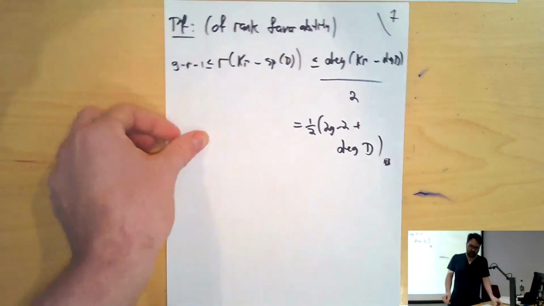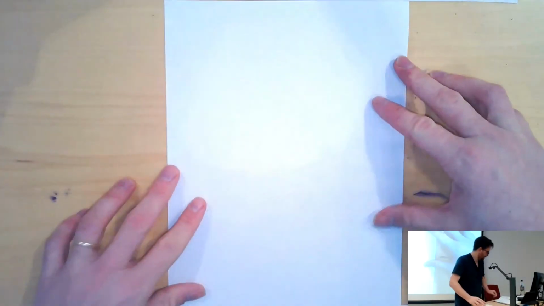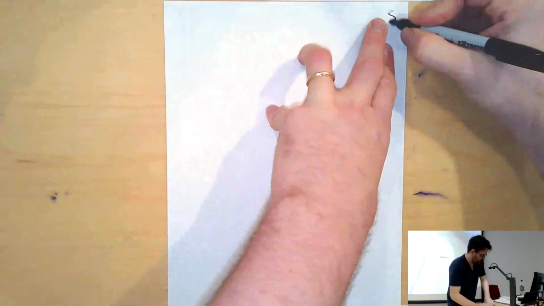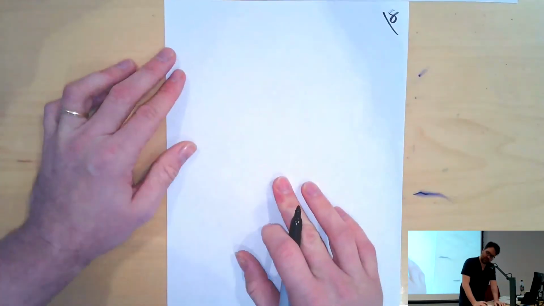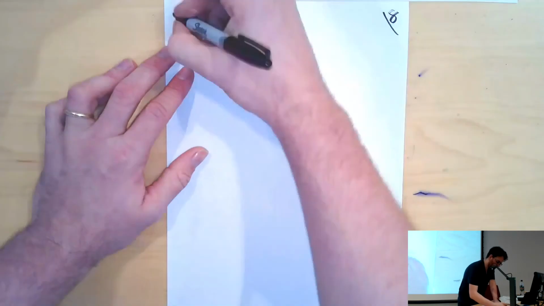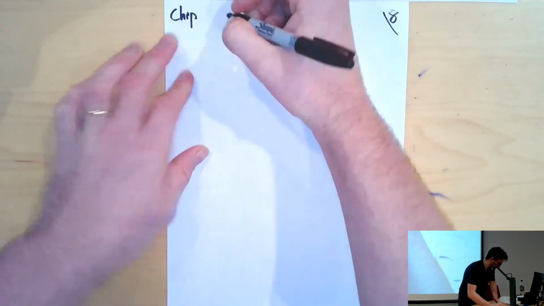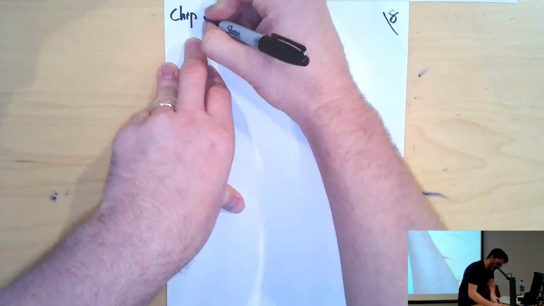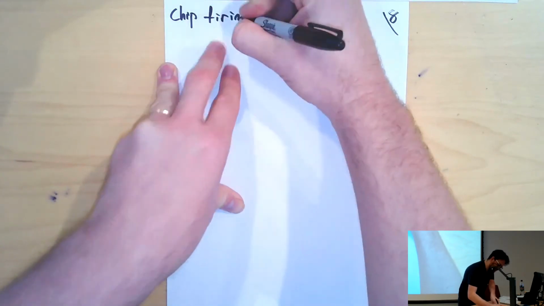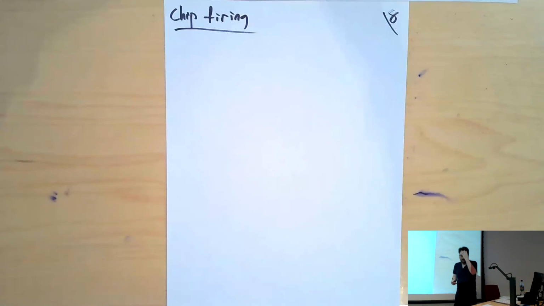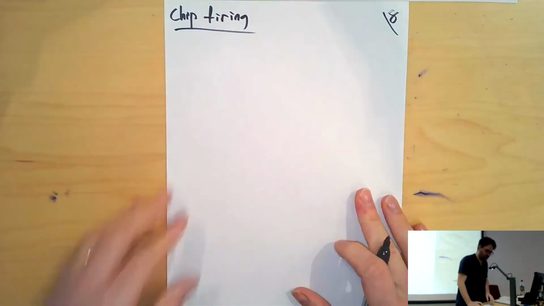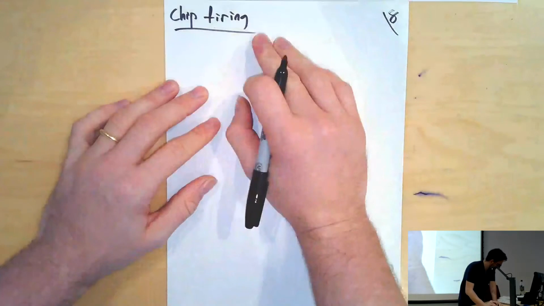Okay, so I hope I've sufficiently motivated for you what we're about to do, which is to draw pictures of graphs. So what is the notion of rank? What is the notion of equivalence in linear systems? So the following predates Matt Baker. Matt started thinking about what I'm about to explain, chip firing, because he realized that this connected to geometry of curves and